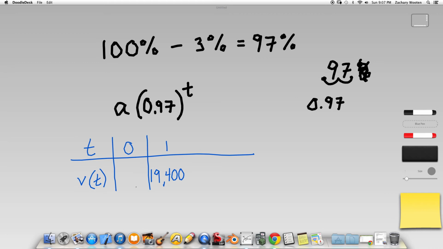No, it's not, because that value is going to have been decreased by 3% from the original value. So to figure out, think about this: if I wanted to know the next year how much it's going to be worth, I would multiply that, since this is exponential, by 0.97. Figure out what is 97% of 19,400, and that will give me the next value, and then just keep repeating that pattern to figure out each year how much it's going to be worth. So we are multiplying by 0.97 as we go to the right. Now if I want to know how much it was worth years before, we just do the opposite of that. So I'm going to turn around and divide by 0.97 to see what I would have had from the year before. So if you take your calculator